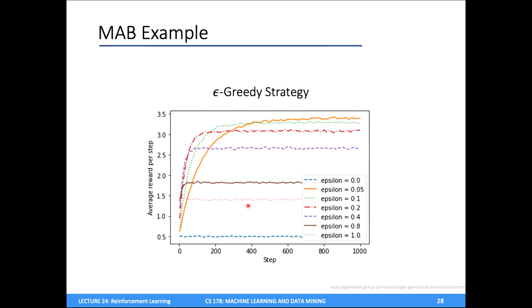What we can see is that the choice of epsilon in this epsilon greedy strategy can have a pretty significant impact on the average reward that my agent sees. For instance, this pink dotted line here is the pure exploration strategy, corresponding to just randomly picking arms. We can see this gets a very low average reward. Just randomly choosing arms is obviously not a good thing to be doing. But for fairly small values of epsilon, like say 5%, this orange curve, or maybe 10%, this green curve, the agent is really maxing out its reward by spending a good balance between exploration and exploitation.